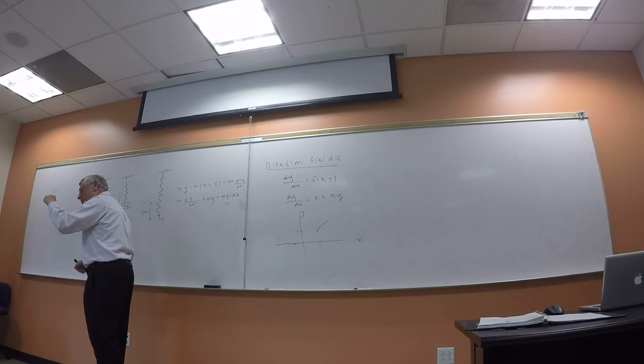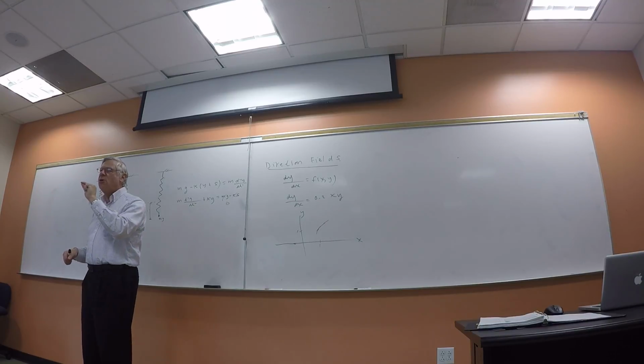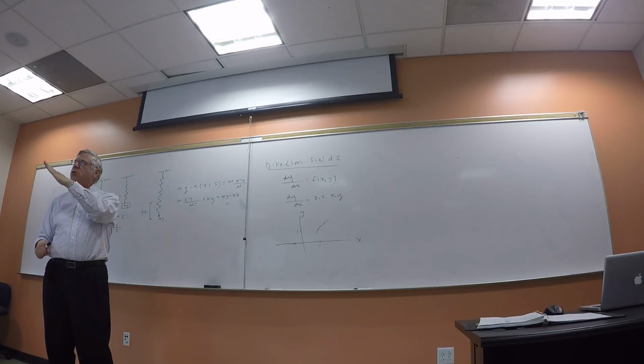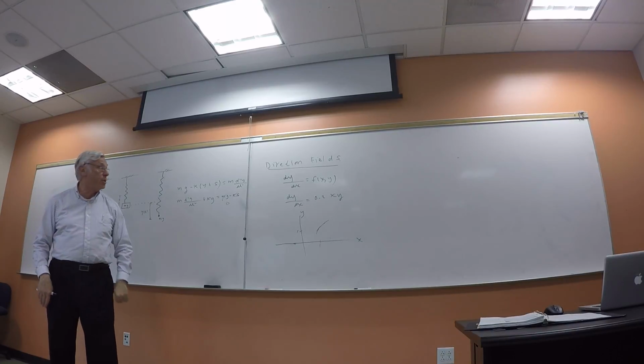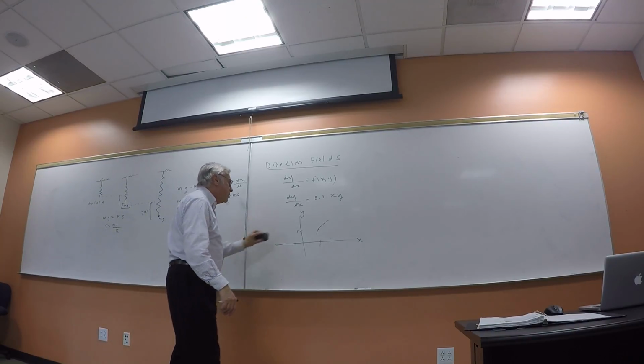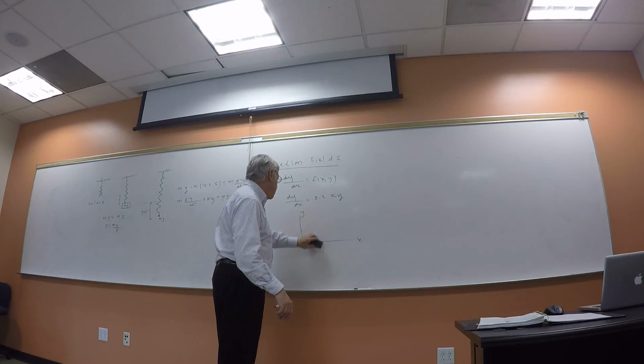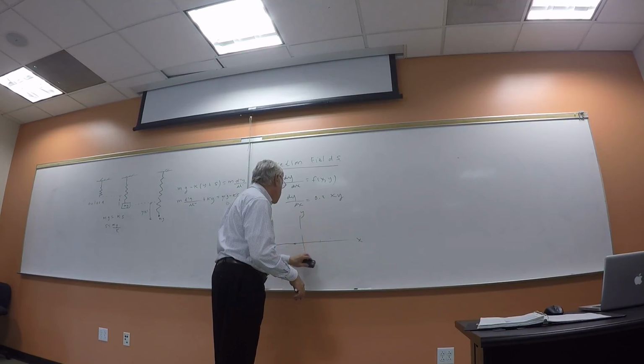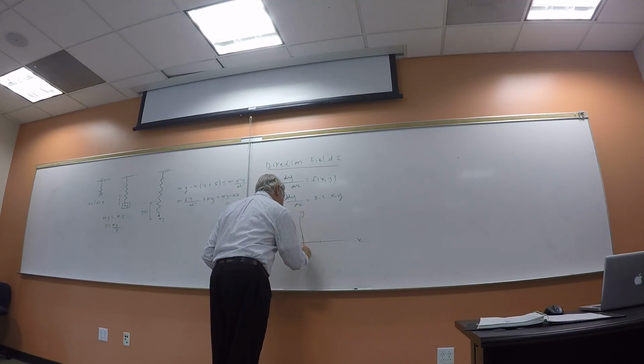Draw a little line here. These are called lineal elements. What they are, they're kind of tangent lines to the solution curve at a point. They're approximations very locally to the curve. Okay? So let's do as much as we can though, just without the computer over here, to get an idea what goes on, okay? So here we are on the XY plane,